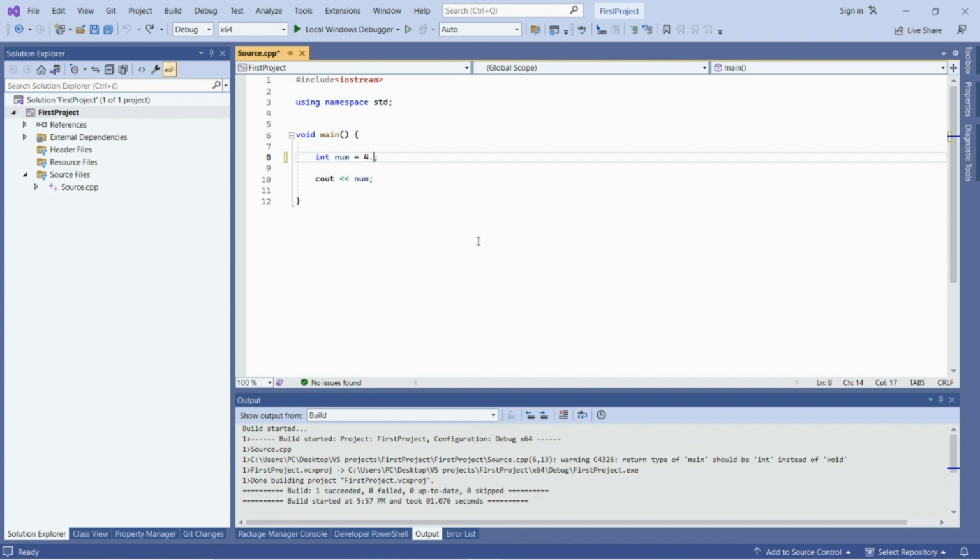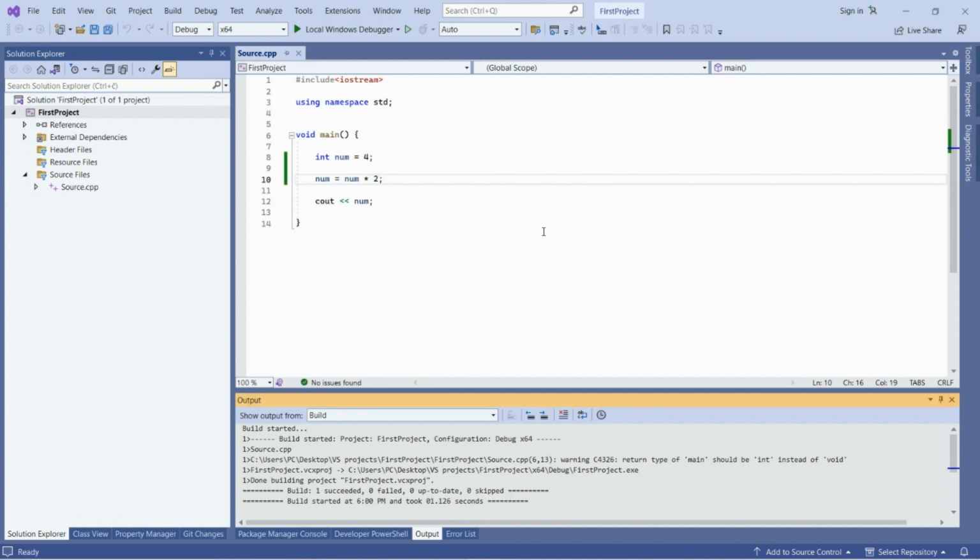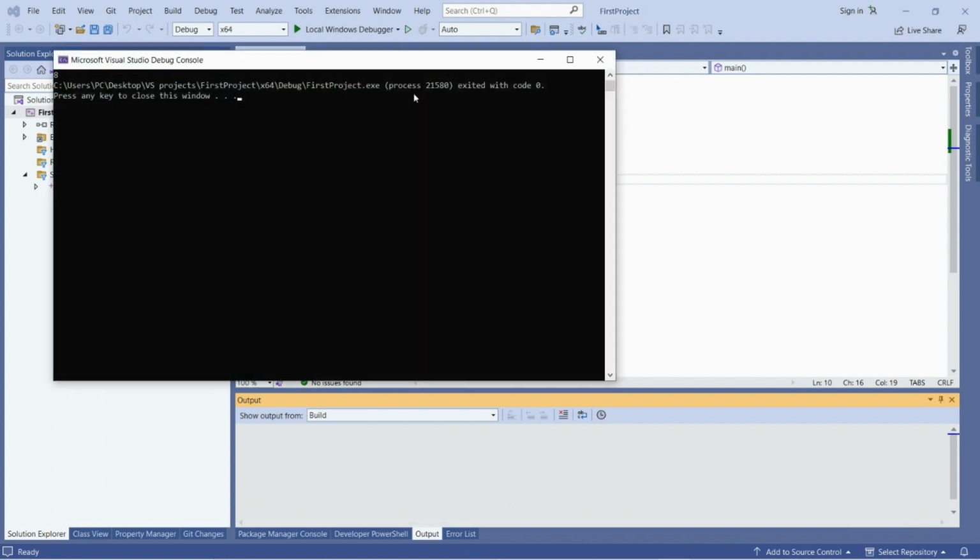How would you change the value of this variable in order to double its value? In that case, you would assign the value like this. You would use that variable and multiply it by 2. Let's now run this code. And as you can see, the value of the variable is doubled.